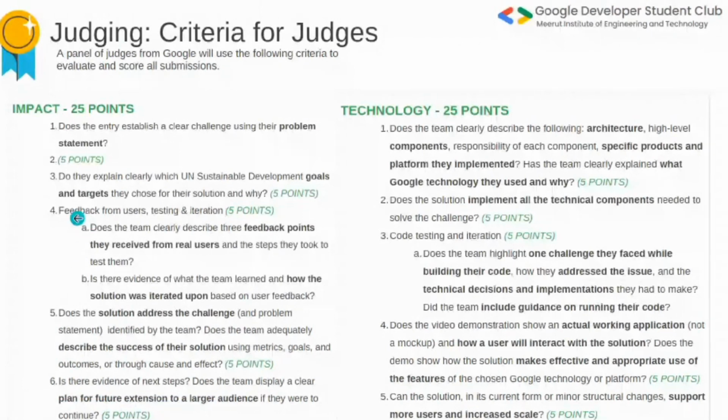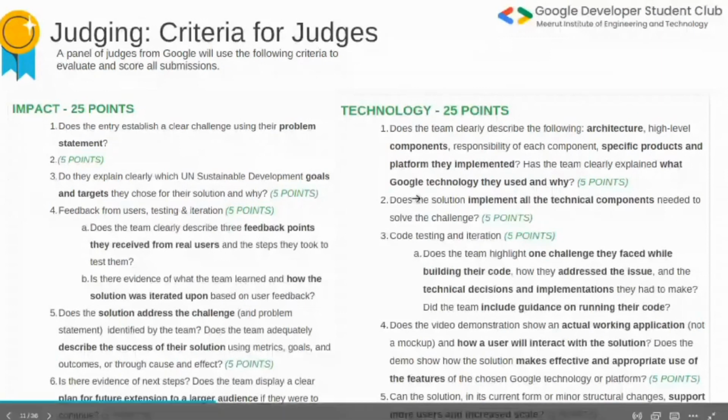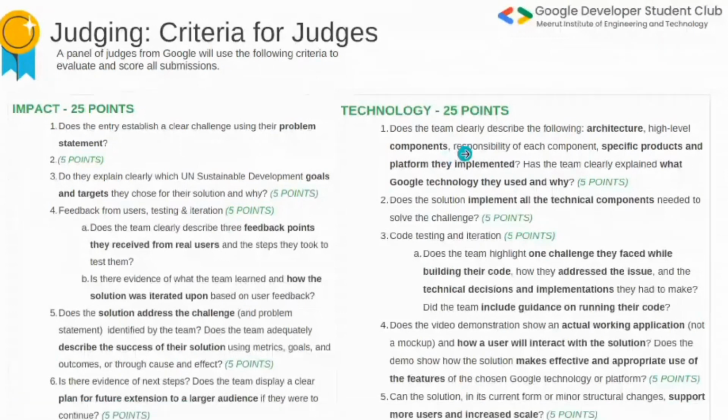Then same thing, the feedback, what solution addresses the challenge, and what future scalability goals you have for your solution. In the technology, same thing I told in the previous slide, how you will implement the technical components, how is the architecture, what is the specific products and platform you are using. Okay,